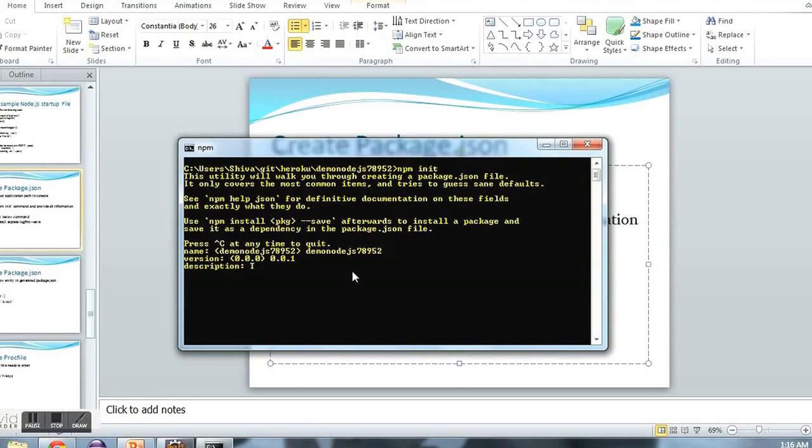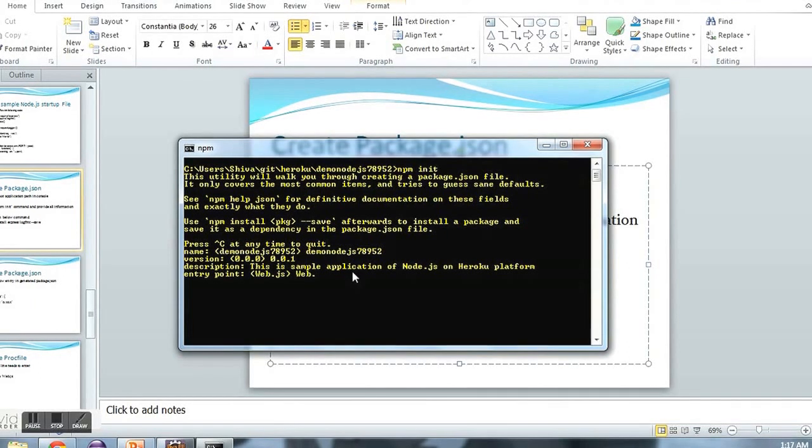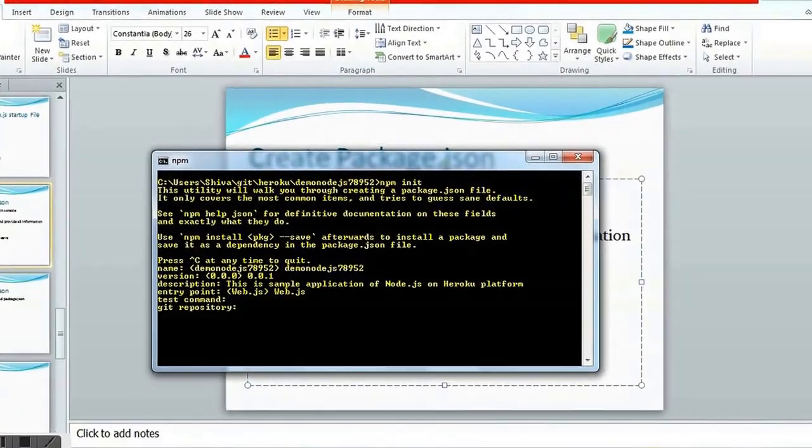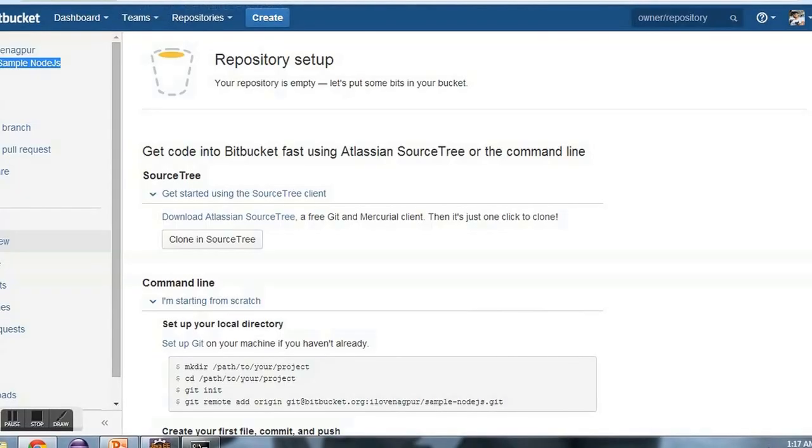Then you can say what the description is. You can write anything which describes your application well. Okay, now the next option we get is what is the entry point. So let's say web.js is the entry point, and if you don't know anything you can just skip it.